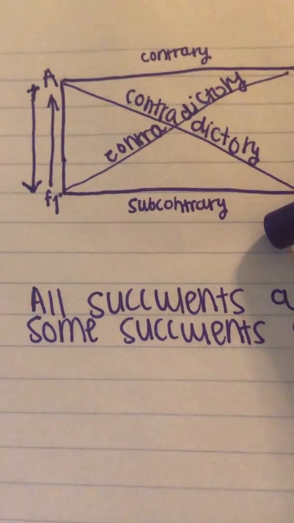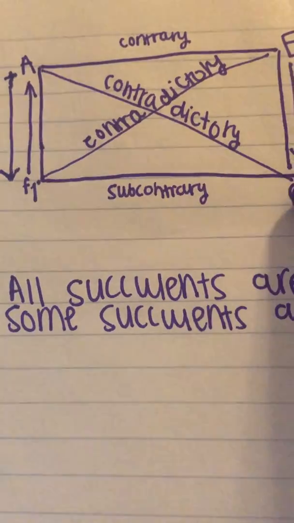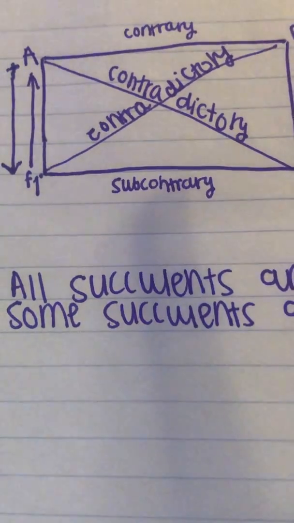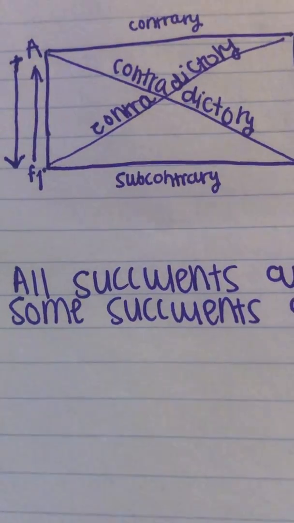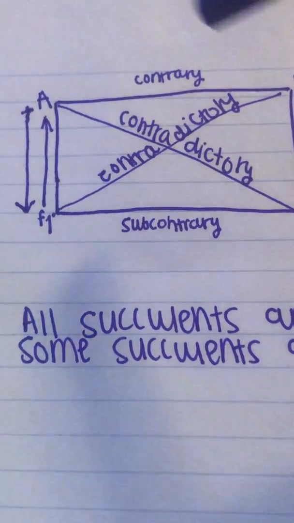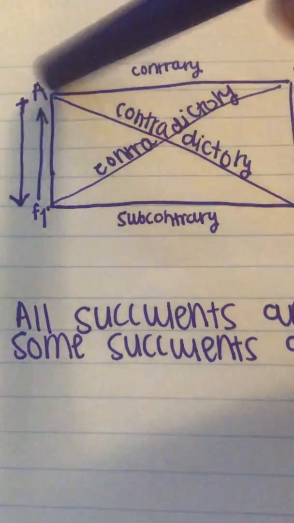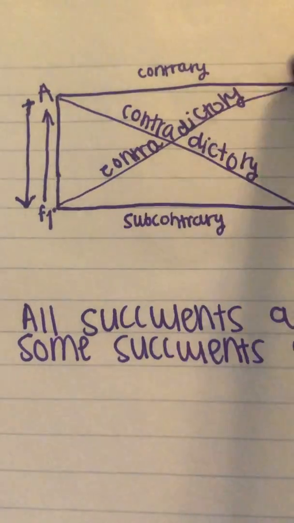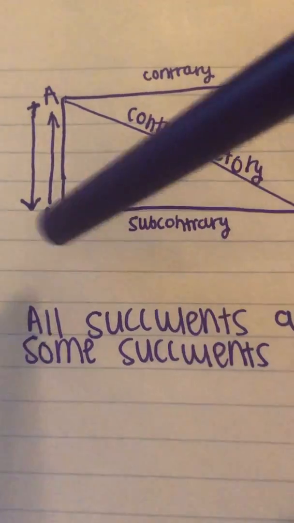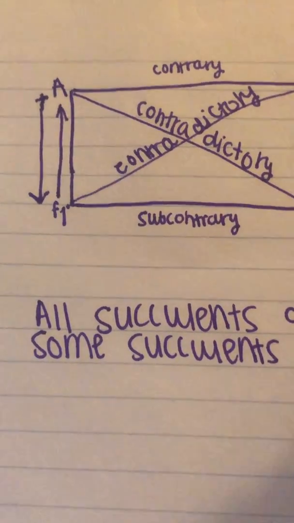And then we have subcontrary, which is at least one of these, I or O, is true, but both of them cannot be false. Did I say contrary? And contrary, sorry, I got a little bit out of order. At least one of them is false. So these are basically opposites. One of these is false, and not both of them can be true, whereas at least one of these is true, but both of them cannot be false. And I went over subalternation. Okay, so